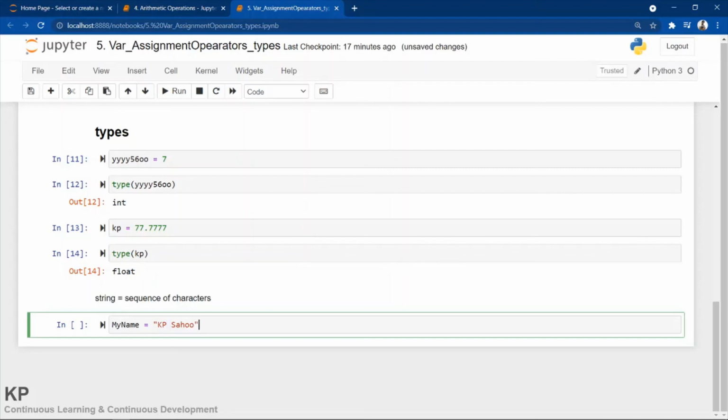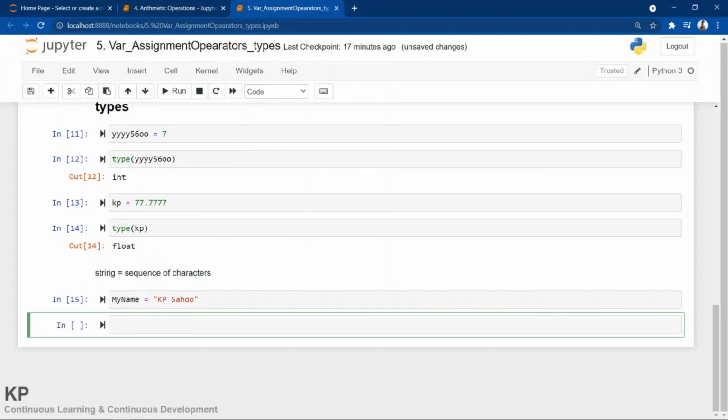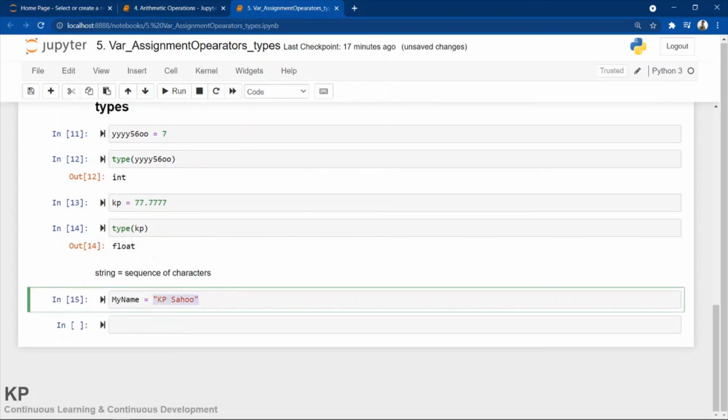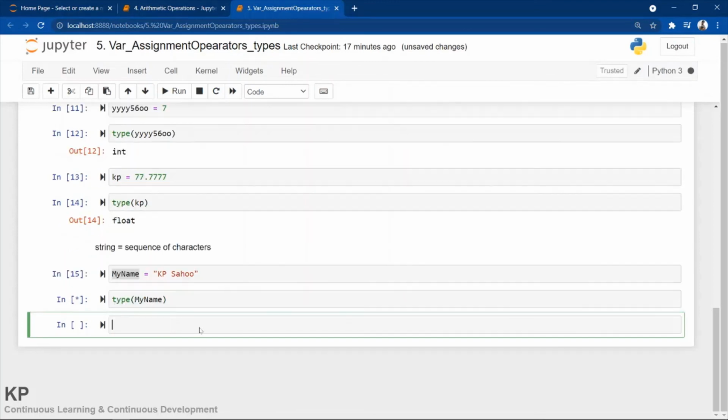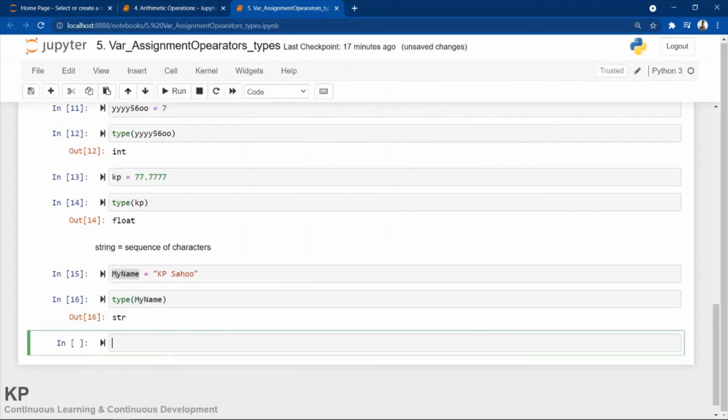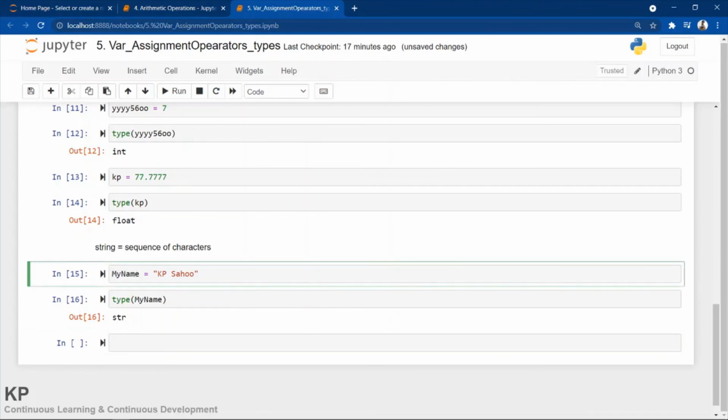Executed, so this value is inside MyName. Now I want to check which type. I paste it inside the type function and execute, and it gives me str, meaning string. I hope you understood the types.